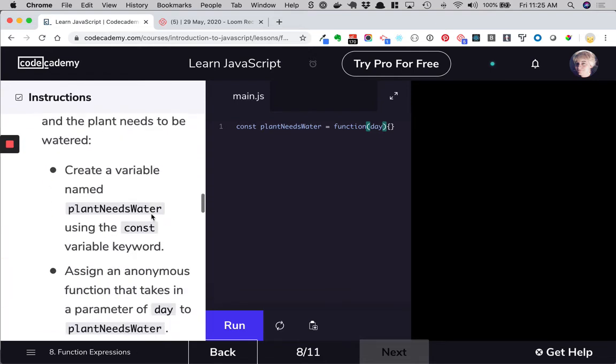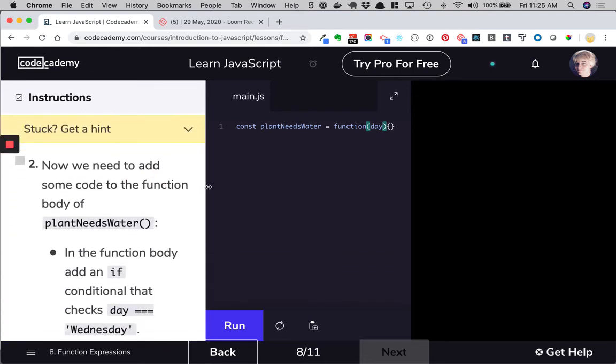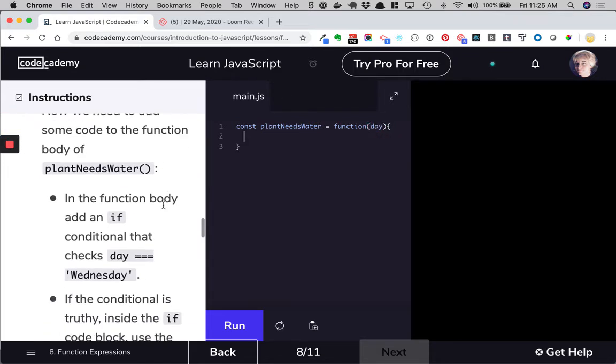Okay, I think I passed. Yep. Now we need to add some code to the function body. So I'm going to open up the curly brackets. In the function body, add an if. So if, parentheses, curly brackets,